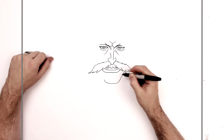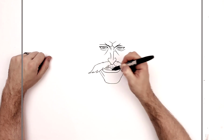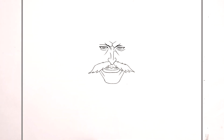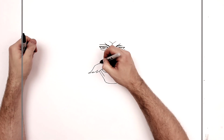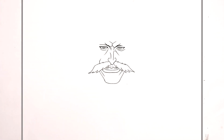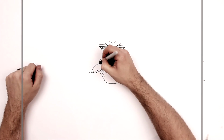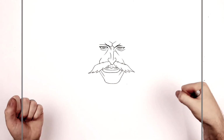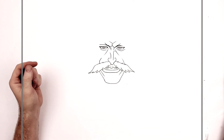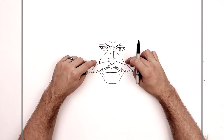Then we do his chin coming up the side. Going up that way. And we give him some lines on his face like so. Right, and then, let's see, there's some more lines on his face here. That. Right, and then he's got all this black hair, right? And it's all, yeah, it's just all black. There's no sort of texture lines or anything. And he's got like some hair on the side of his face here, so...